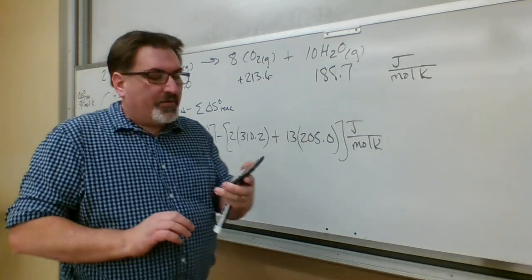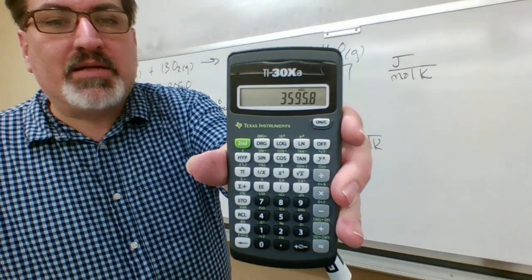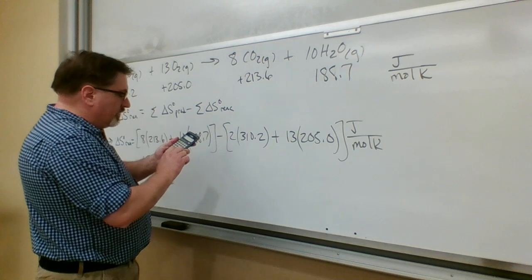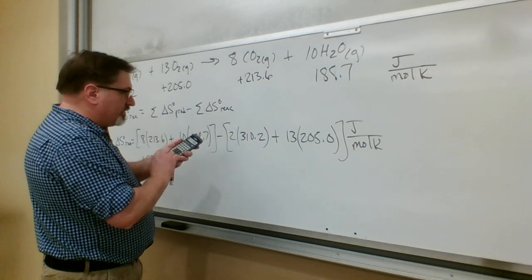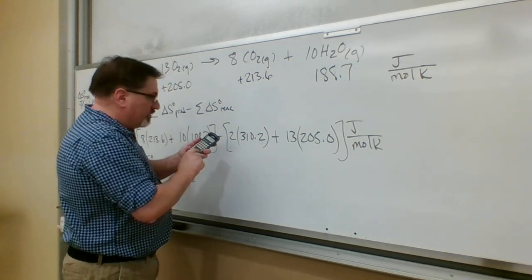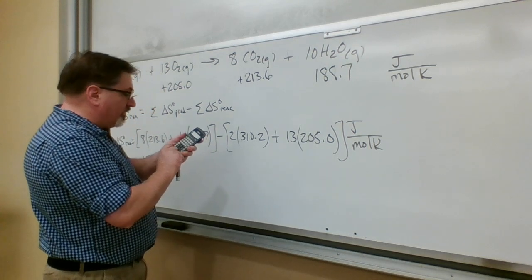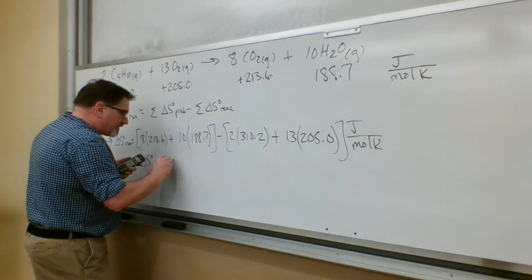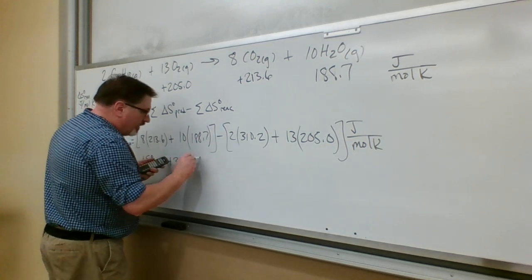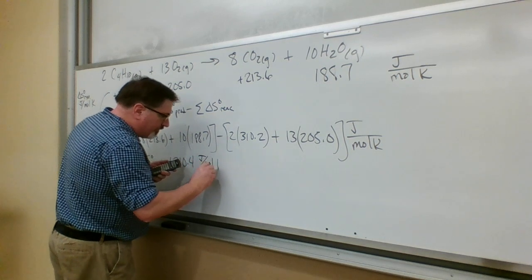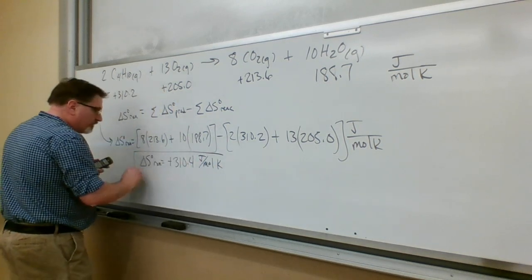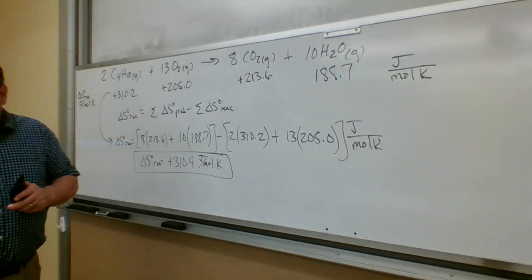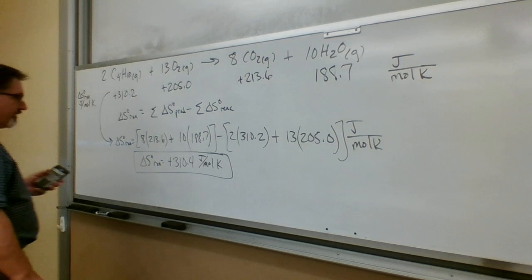So far I have 3595.8 on my screen. Now I'm going to subtract 2 times 310.2 minus 13 times 205.0. I get plus 310.4. This is joules per mole Kelvin. So my answer for the reaction is plus 310.4 joules per mole Kelvin,